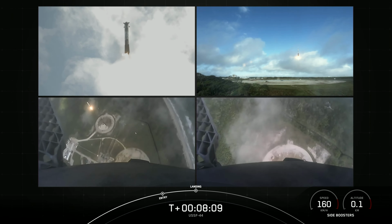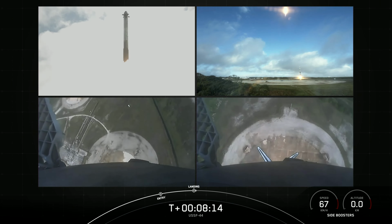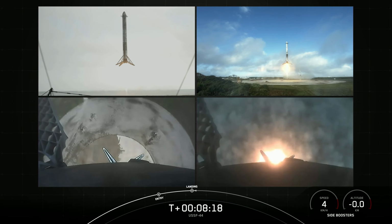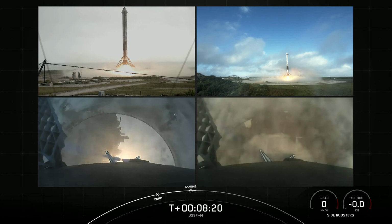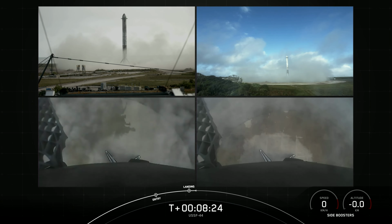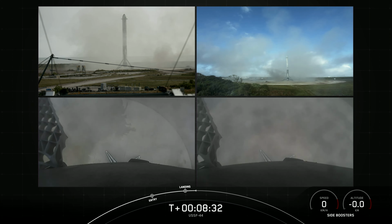Now moving up to the second stage: once the first stage and second stage separate, we will propel our payload to its intended orbit. At our customer's request, we will not be showing views of stage 2, so immediately after the Merlin vacuum engine of the second stage fires up, we'll be directing all of our attention to the landing. As indicated by the enormous cheers, we have successfully landed both Falcon Heavy side boosters